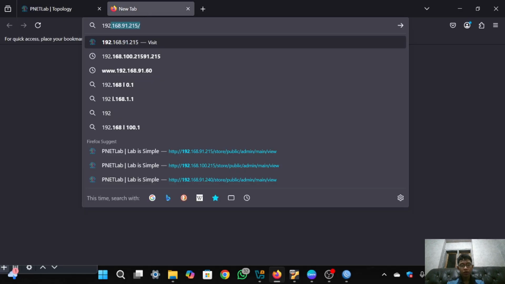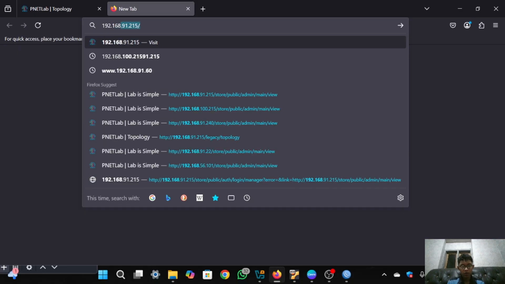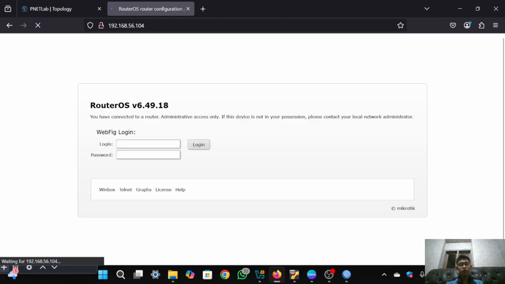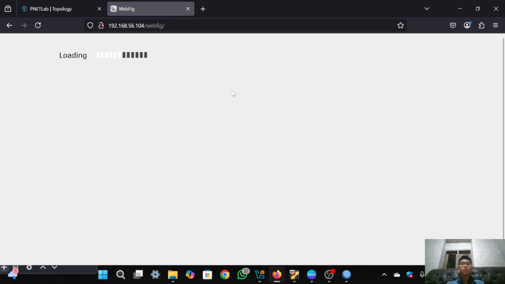So you can type the IP in the browser and click Enter, and it should look like this, and you can log in.